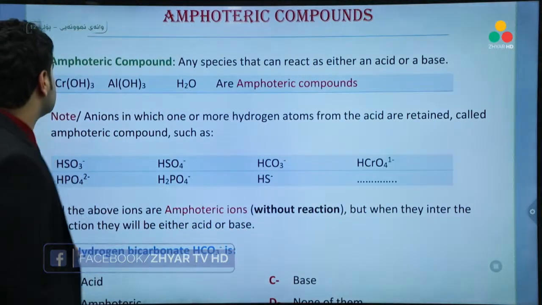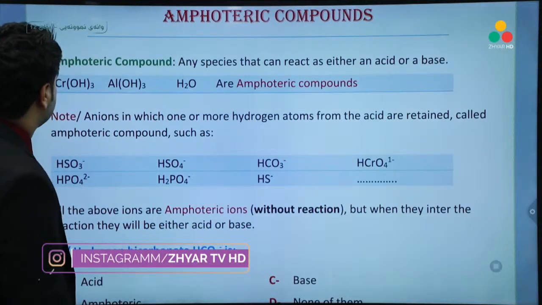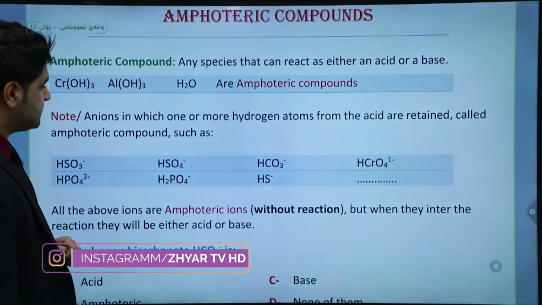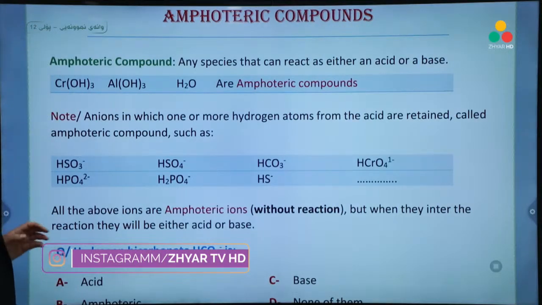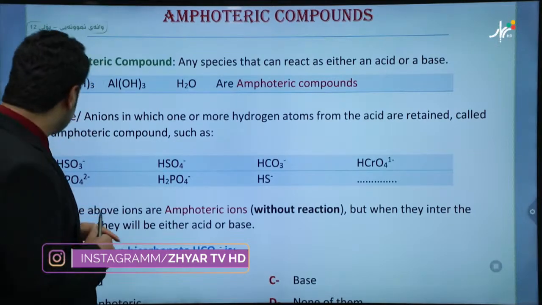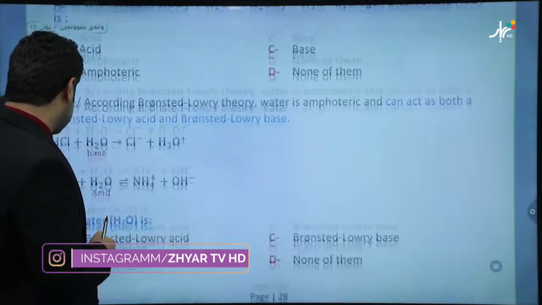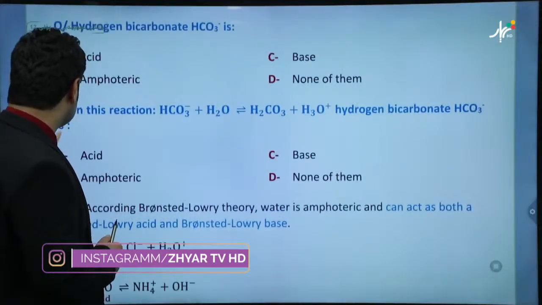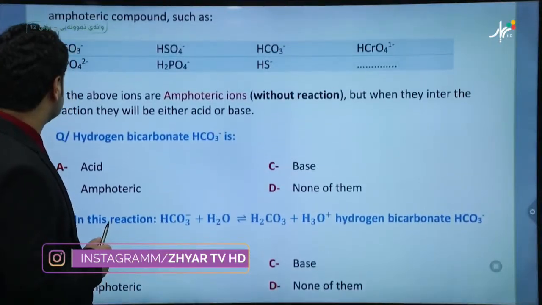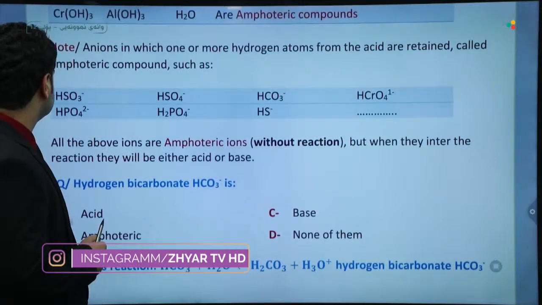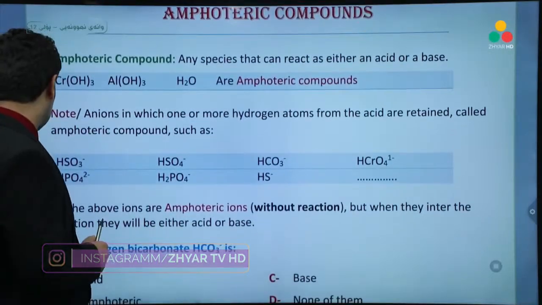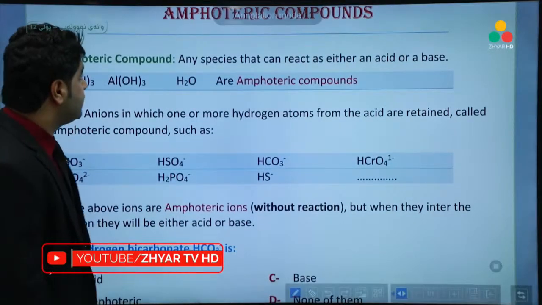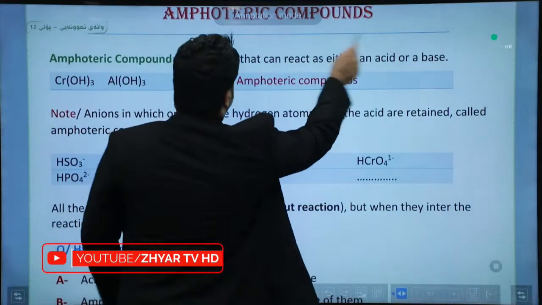We have two types of amphoteric chemicals. It's better for describing that. We have amphoteric compounds and we have amphoteric ions. Very good. Okay. Amphoteric compounds,